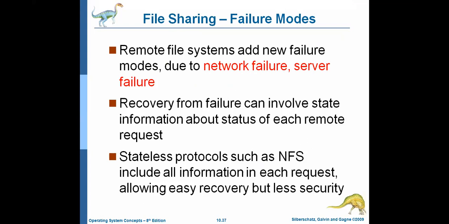And the next, file sharing and failure models. Whenever you try to access things from a remote machine, obviously there is a chance of failures. It may be a network failure or a server failure. If the Gmail server shuts down or has any problem, then obviously you cannot get back the mail. A couple of days ago, the Gmail server was unavailable for some minutes. So if the server is shutting down or has some problem, we cannot get the details from the server.